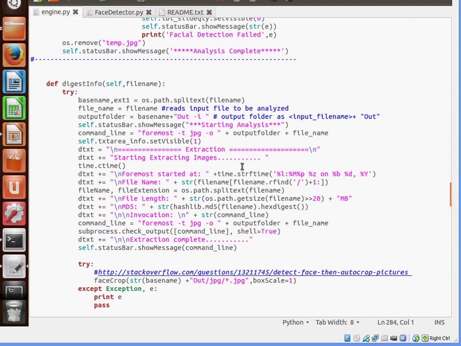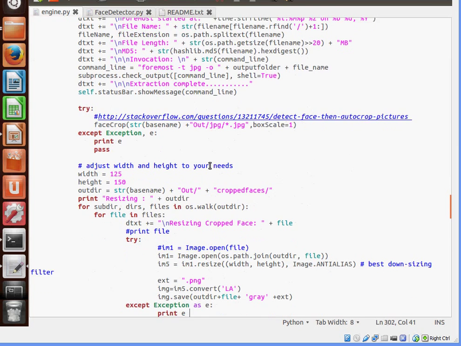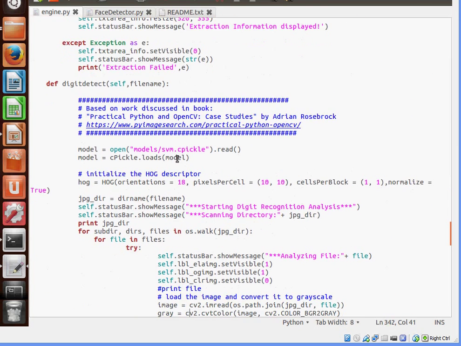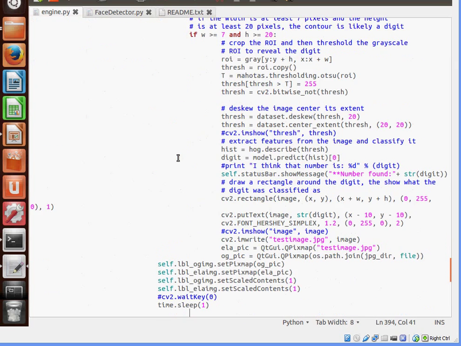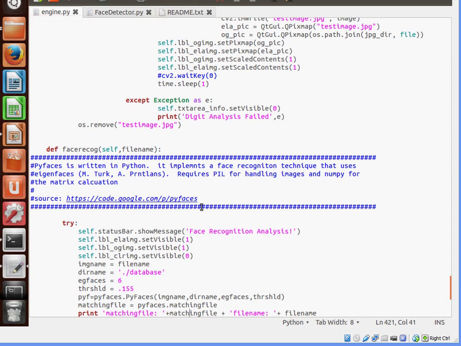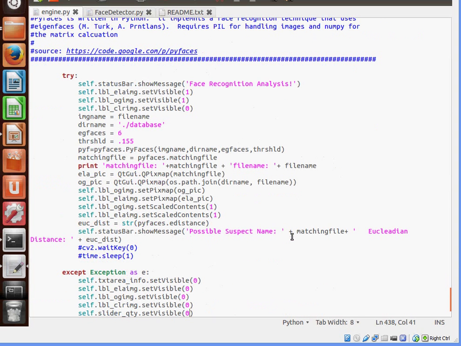Like the digest info group, which is the part of the tool that extracts the images and does the cropping of the faces, and also for digit detect, and at the end the last one is the face recognition, and it's pretty easy to read and